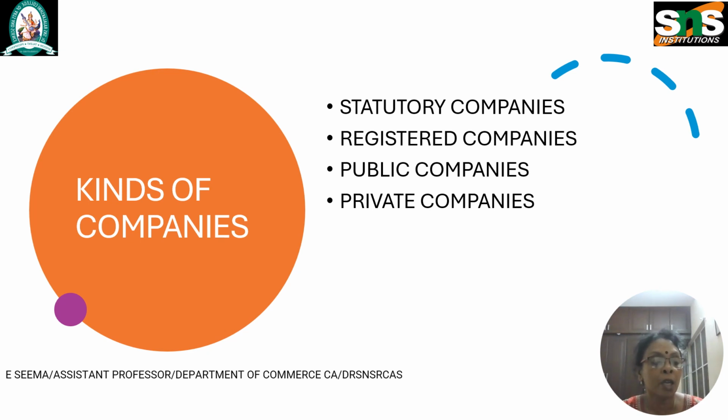A public company can issue shares and debentures to the public subject to the necessary approval from the regulators. It can issue a prospectus inviting the public to purchase its shares or debentures. These are all the features of a public company. And next one is about private company. Private company means